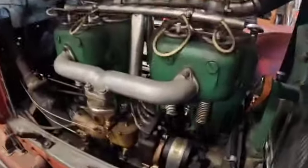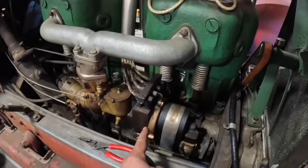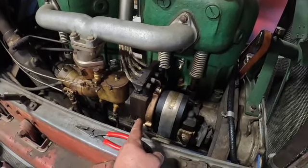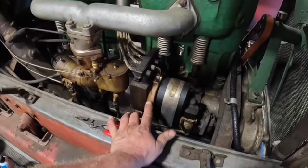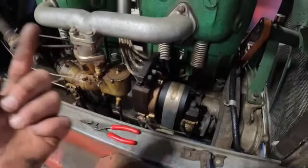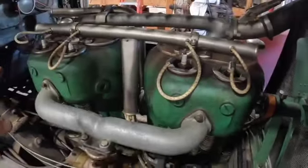So we hand crank the engine, and the Magneto works. And according to the owner, the Magneto had some work done to it in the past. They had sent it out to a Magneto shop to have it rebuilt. So judging by the condition of this thing, everything is clean brass here, and it's usually never like that. So this looks like it was rebuilt, and it certainly works well. We saw nice hot blue spark here jumping across from a couple of these spark plug wires to the block,